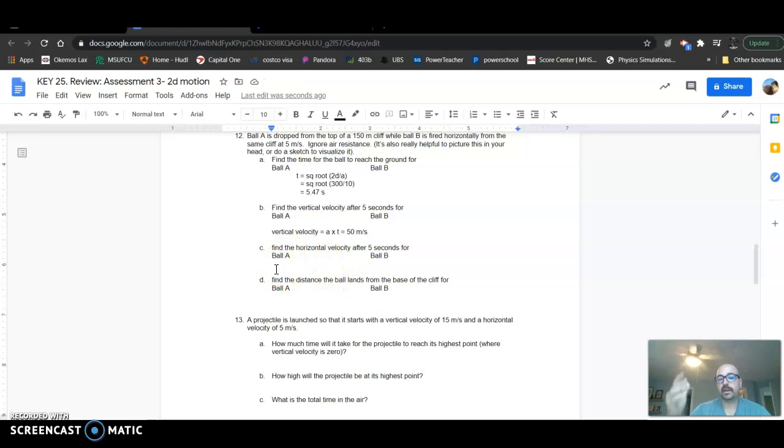Horizontal velocity. Ball A was dropped straight down, so its horizontal velocity is 0 meters per second. Versus ball B, the horizontal velocity doesn't change. If it started at 5 meters per second, it's still 5 meters per second. And then the distance the ball lands from the base of the cliff: ball A has no horizontal velocity, so it's going to land 0 meters away. Ball B, now we're finding the distance